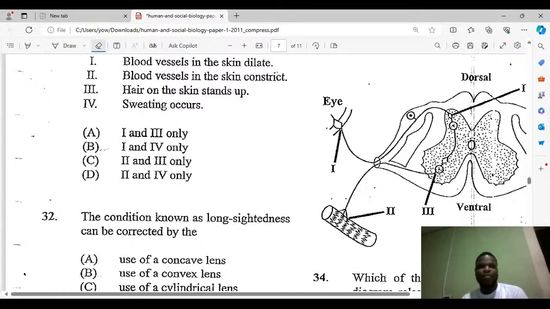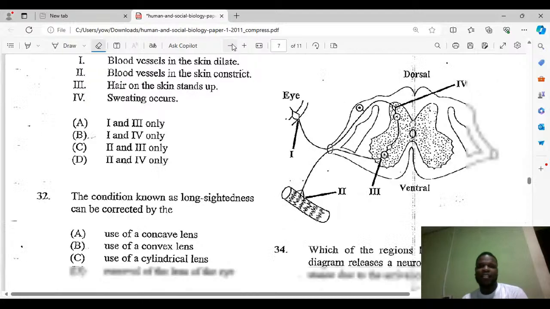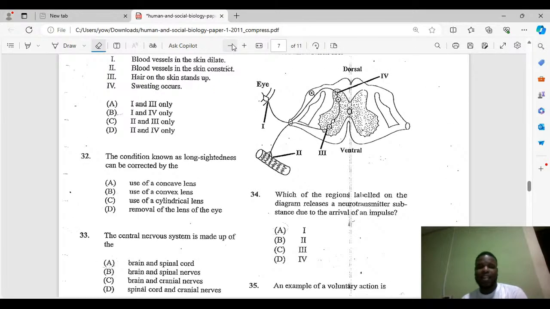Do we understand why we get A? Anyone understand why it's the eye? The sense organ would have been, if this was, say, for example, your nose, then your nose would have been the answer because your nose is releasing a neurotransmitter. Remember, a neurotransmitter is going to tell your brain what you see, or what you smell, or what you hear. Right, so it's the eye. That's what I'm saying. It's in the question.